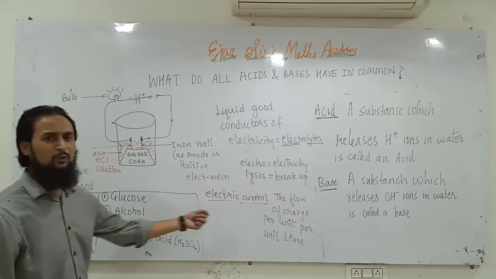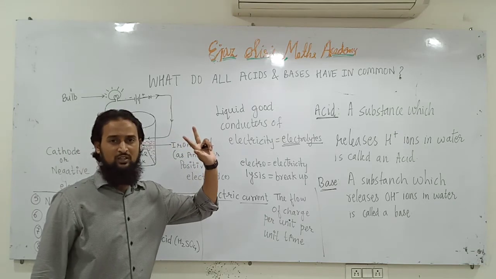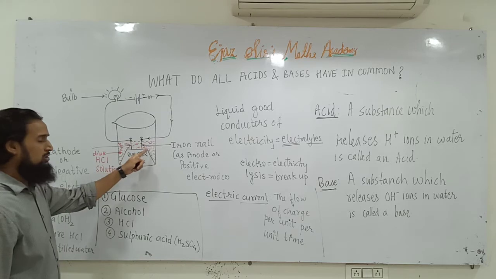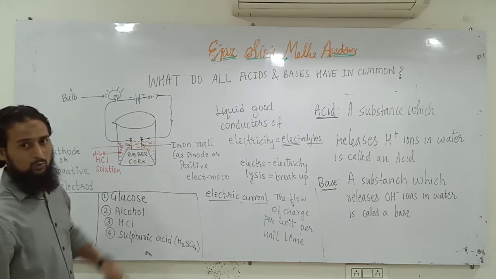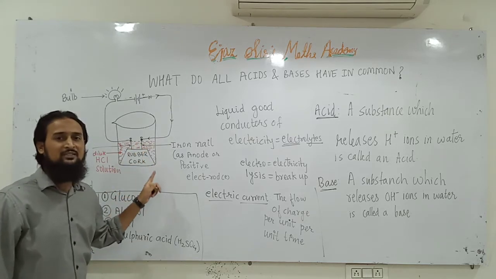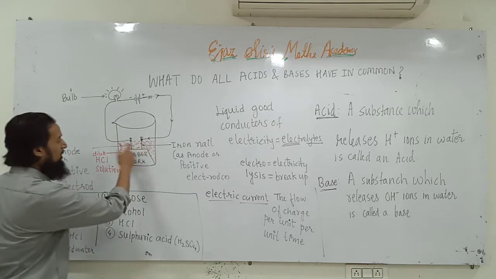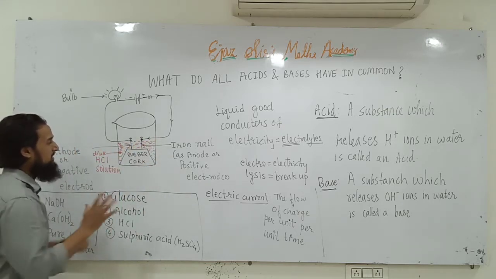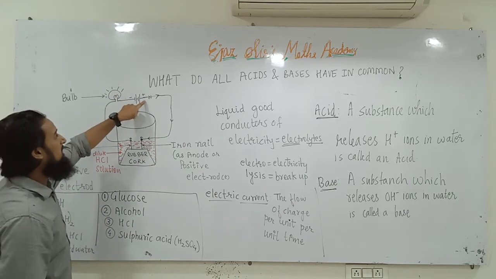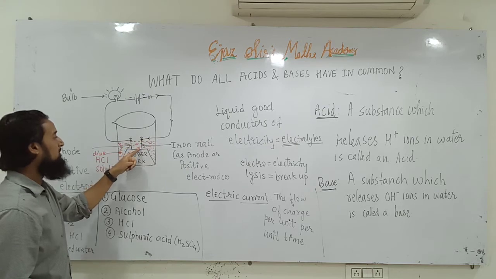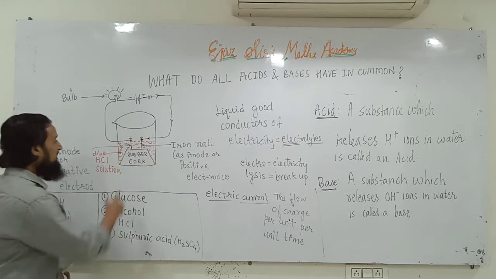If a charge is flowing, we say electric current is flowing. So, here in this liquid solution, charge will flow. Positive charge will flow as well as negative charge will flow. So, here electric current will be the flow of positive and negative charges. Let us see. As soon as we switch on the electric current, conventional current will come from the positive terminal into this solution. And what will happen in this solution?